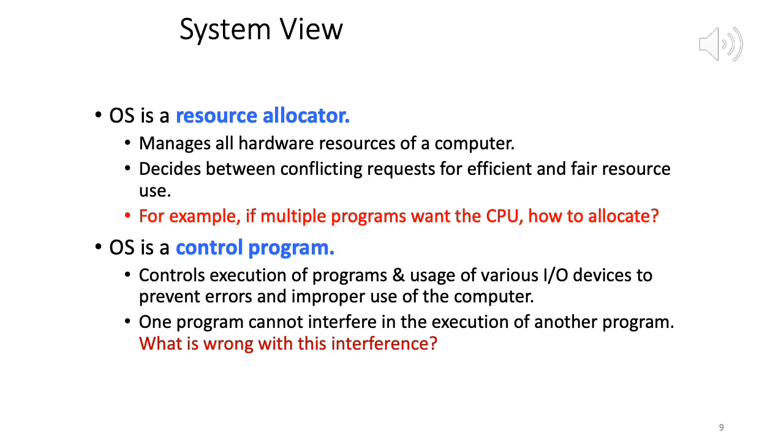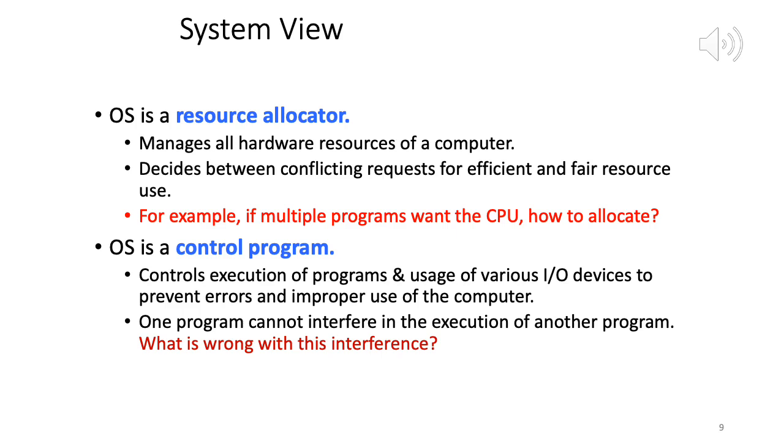What are the goals of an operating system from the point of view of the actual computer system? In the previous slide, we looked at this aspect from the user point of view. What do they demand from the operating system? Now, what does the computer system demand from the OS? When we talk about the computer system, we mean of course hardware. How does that hardware view the OS? What does it want from the OS? So the system views the OS as a resource allocator.